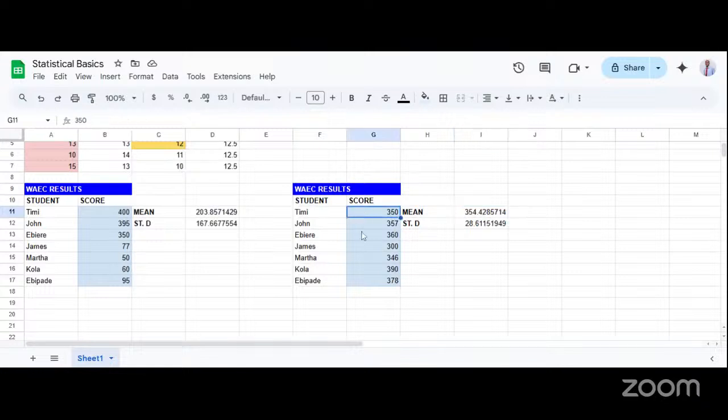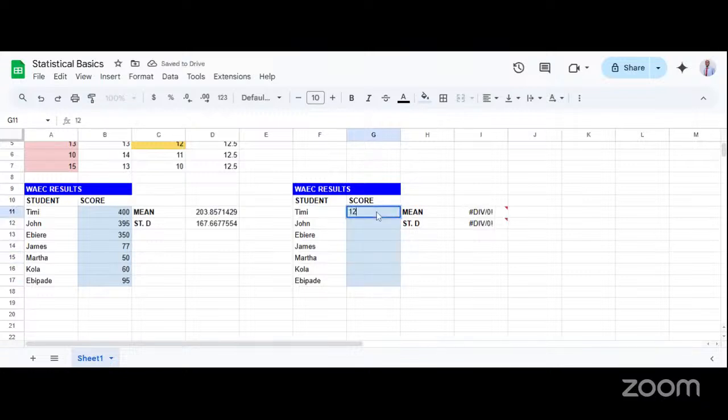Then if you check all the values here, we have values like 350, which is close to 350 something. We have values like 357, which is close. We have a value like 360, just 6 units difference. We have a value like 300, which is just 50 something, 55, 54 units difference. We have values like 356, which is also very close, 390, some unit difference, and so on.